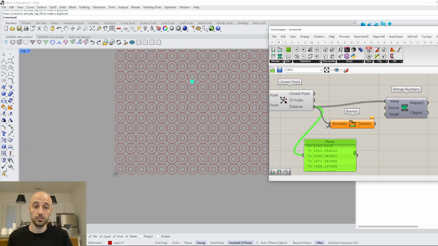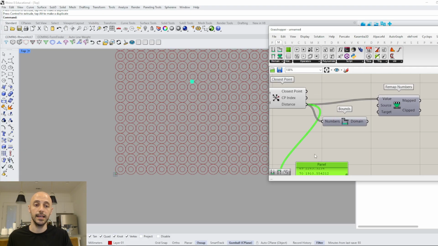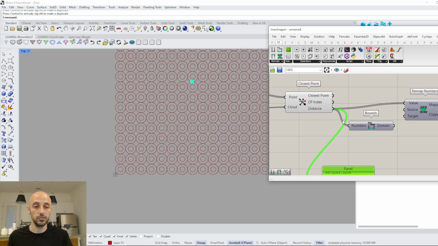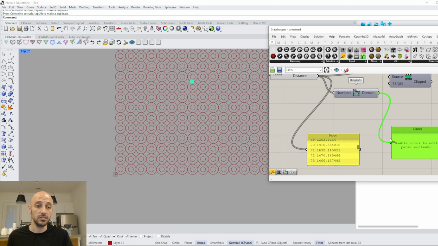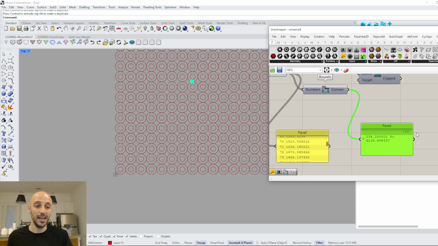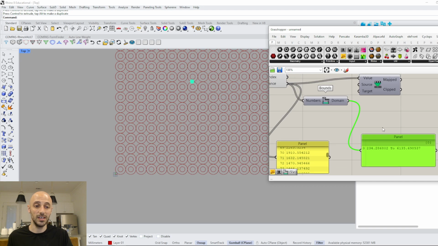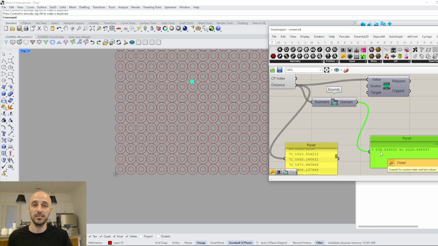Bounds does this. You connect Bounds to understand the minimum and the maximum points of this distance. So if I connect another panel, amongst these numbers we have a minimum distance of 234 till